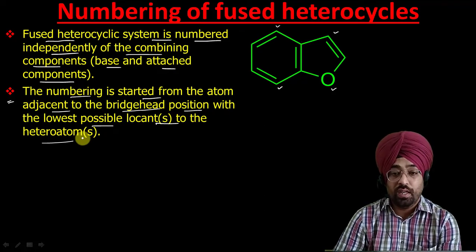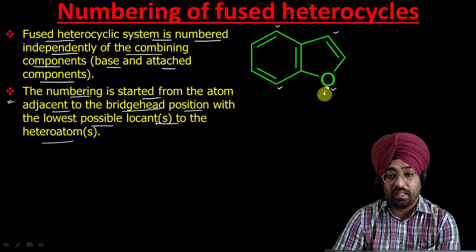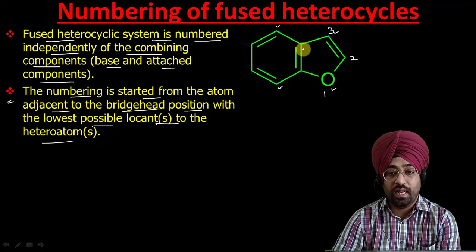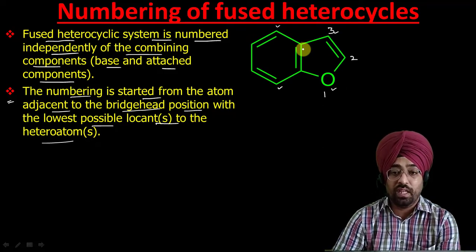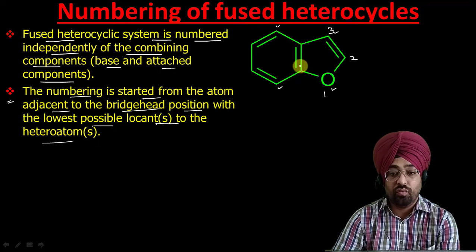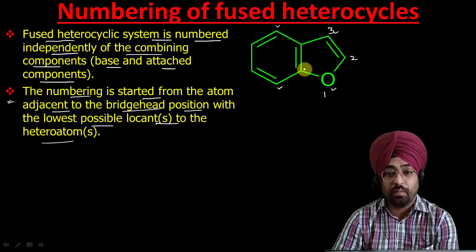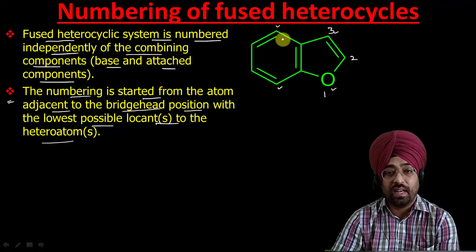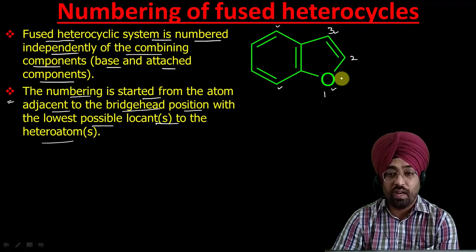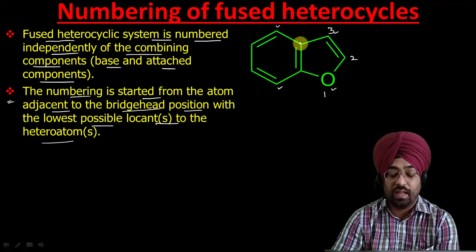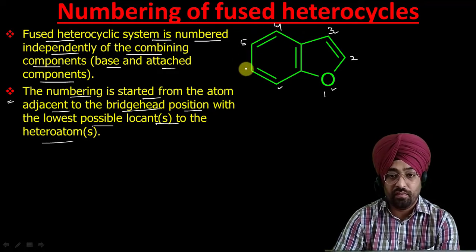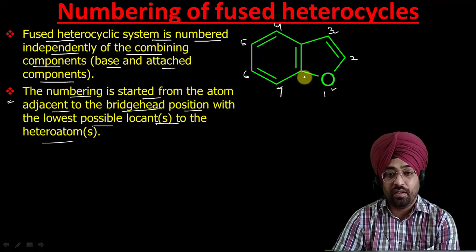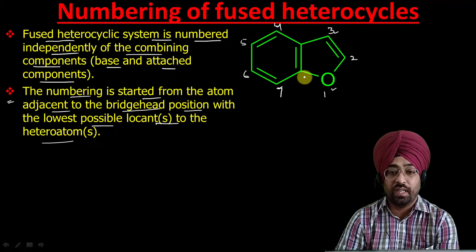Now let us try to number it. The first numbering we can do like this: 1, 2, 3, and you have to note that we give no number to the atoms involved in the fusion if these two atoms are only carbons. If we have a heteroatom there, then the rule is slightly different, which I will discuss in my next slides. Here we will start numbering from oxygen 1, 2, 3. Now we will not number this atom which is involved in fusion, so we will move here 4, 5, 6, 7. We again will not number this. So this is how you can number it, 1 to 7.